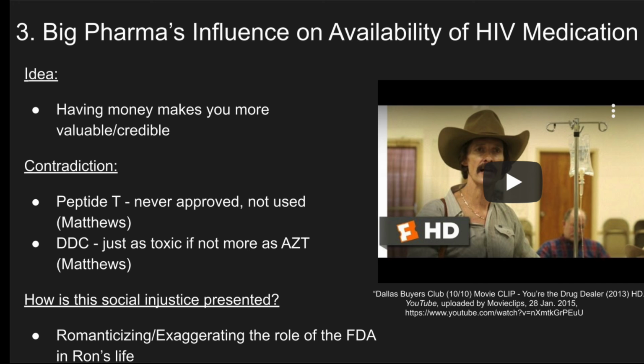But of course, AZT, the drug that's being used in the movie for the trial, wasn't intentionally made to be toxic. They were just using a high dose to attack the virus because they felt they needed to attack it with full force. And they later arrived, with research, that smaller doses were just as effective and less toxic. But this social injustice of Big Pharma's influence is presented by romanticizing and exaggerating the role of the FDA in Ron's life because he claims that the FDA doesn't even look at his research, that they push drugs only due to money influences,